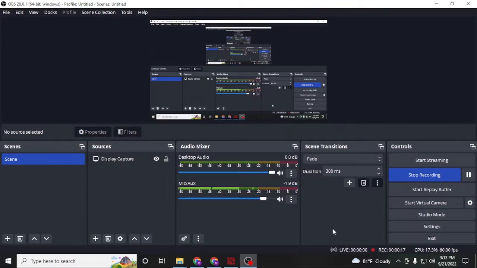Now, to record your videos on your OBS Studio, you'll first be required to download and install it. After installing and opening it, you'll see this kind of interface. On the left side, you can see the scenes, the sources and the audio mixer over here, the scene transitions and the controls, and what you'll be seeing in the video over here on the composition tab or